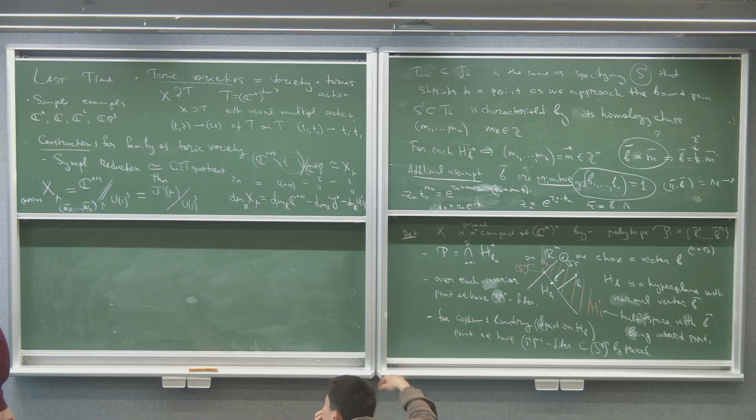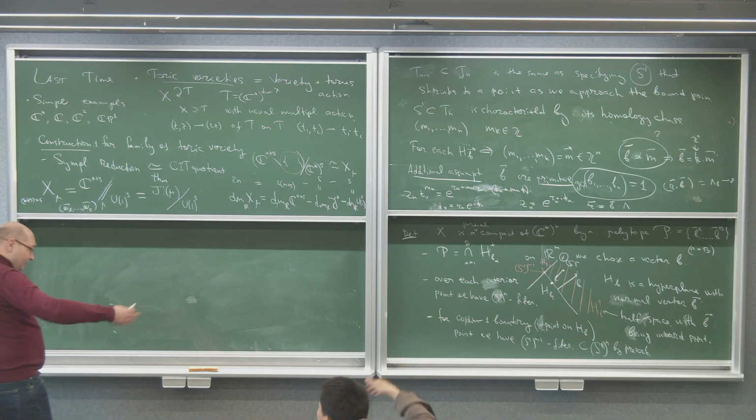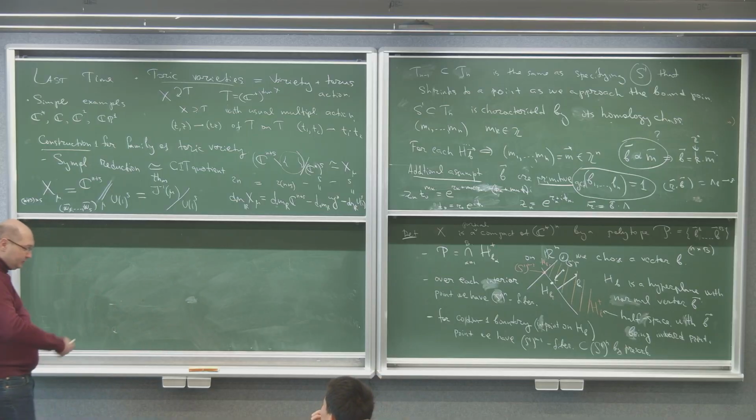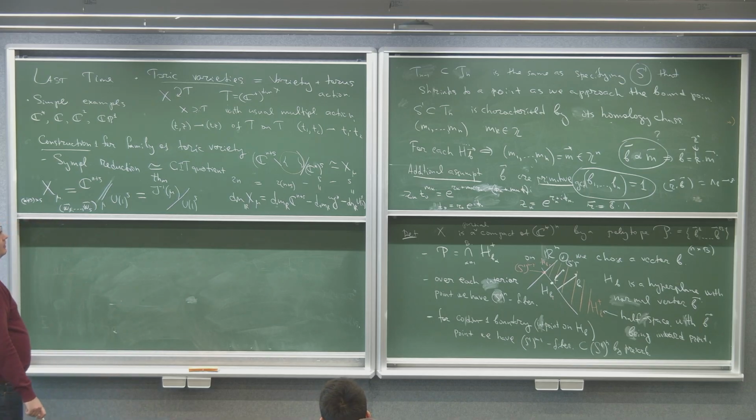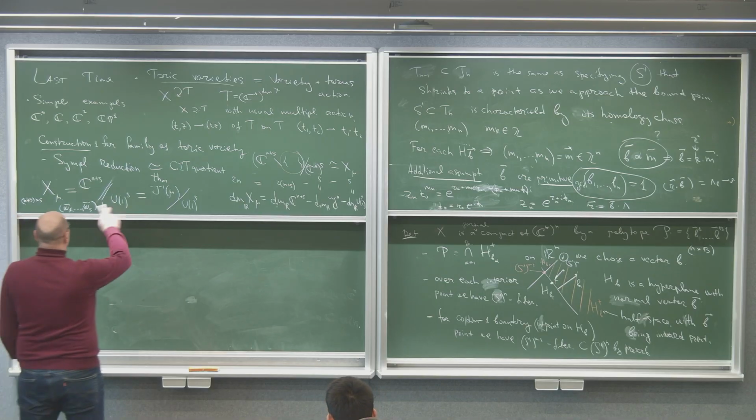Yes, this S1 acts trivially, but there are other n minus 1 directions, and they act freely. So they move the points around. And to specify this S1, we need to specify some collection of integer numbers. Okay, so let me explain the relation to